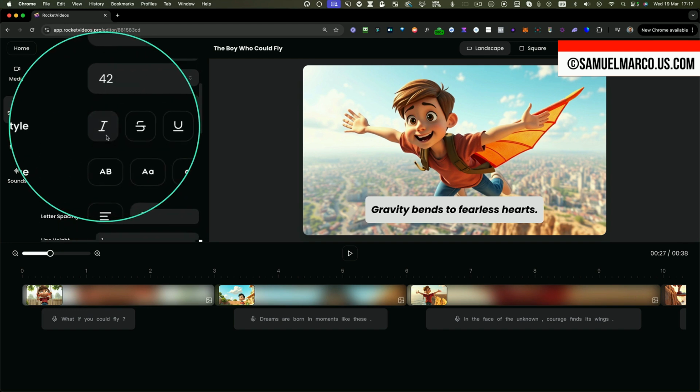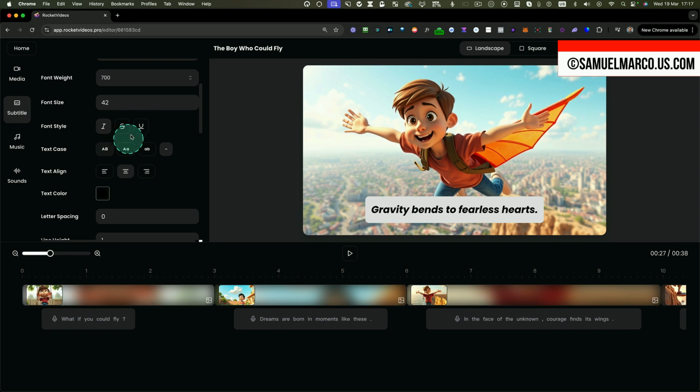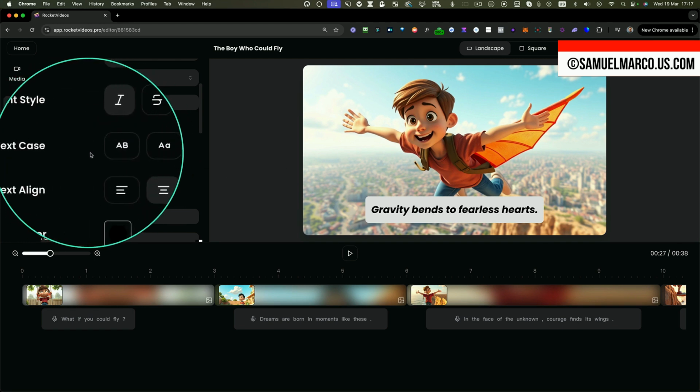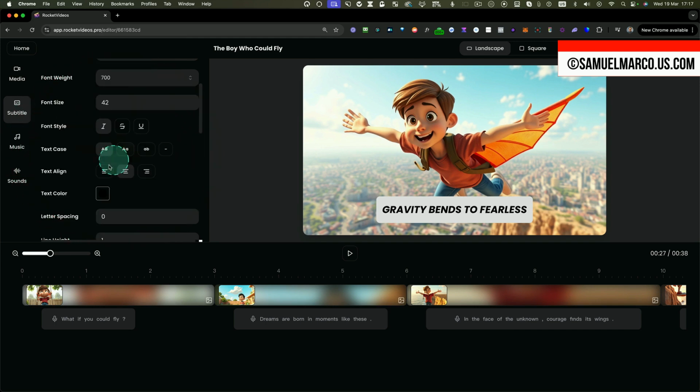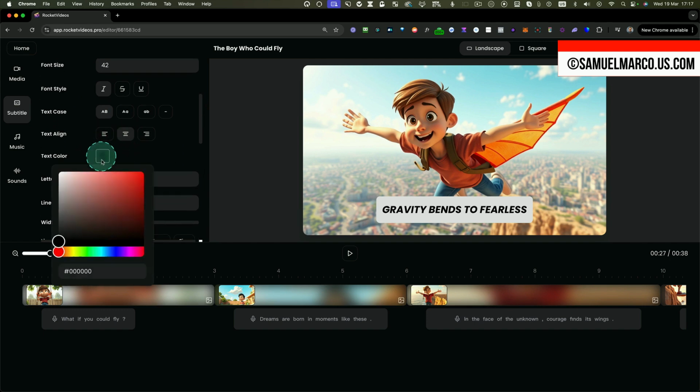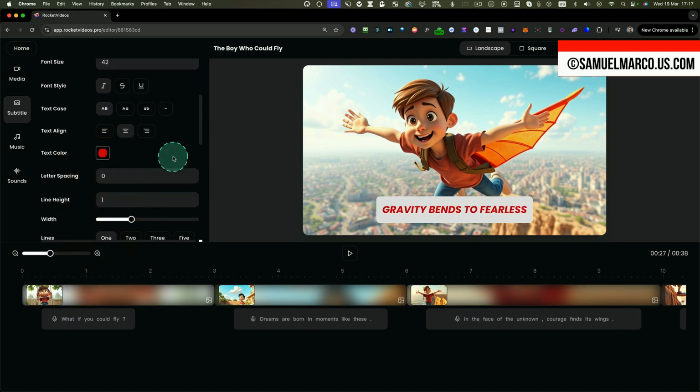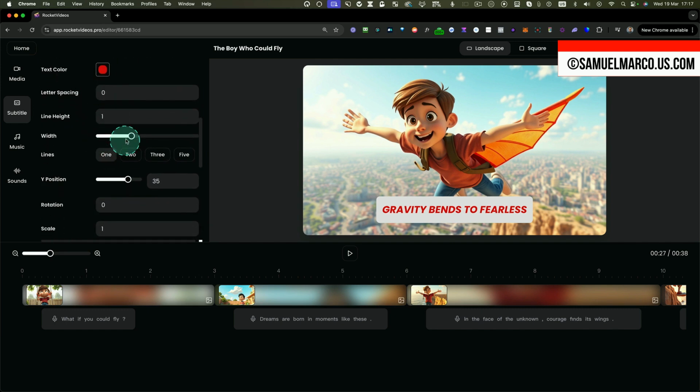You can set the font style here. You see that? You can make it underline if you like to. You can make the text case. You can set all to capitals, for example. Or you can align to the left or to the center. You can change the text color in here. If you want to make this red, you can do the letter spacing, line height. You can set the width of the